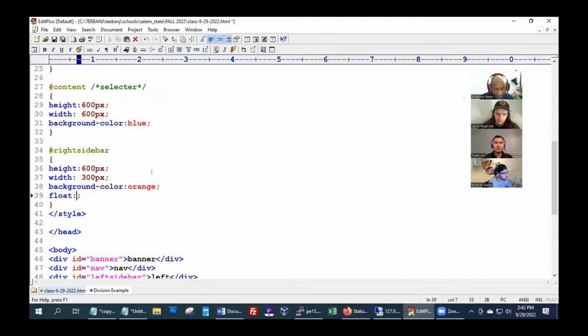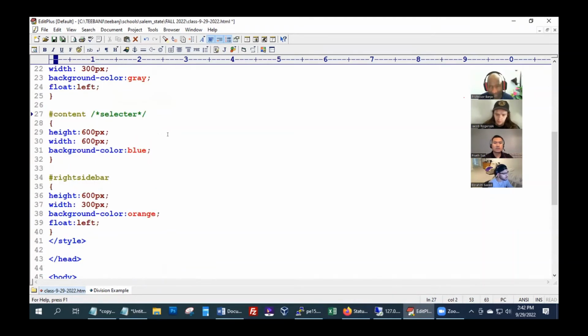So if we do left here, we've got to do float left also on the content, correct? I should stop saying right when we're talking about right and left. I should say correct, something like that. Less confusing. So if you apply, well, we haven't applied it to content yet. But if we apply to the right sidebar,